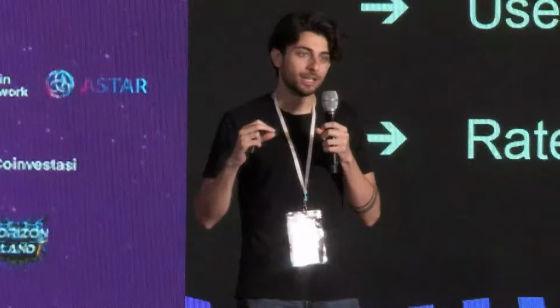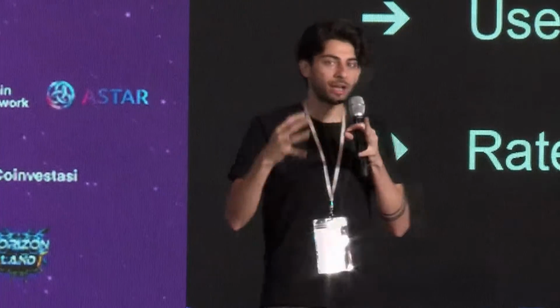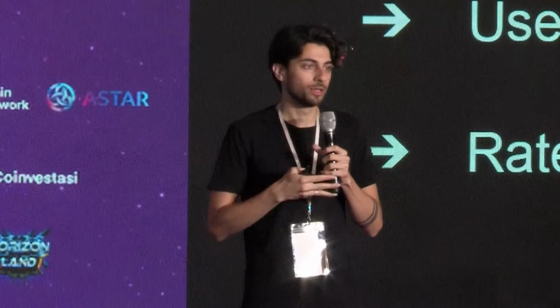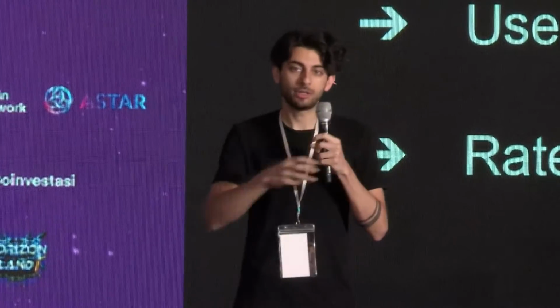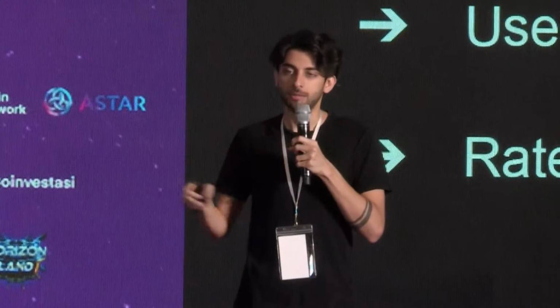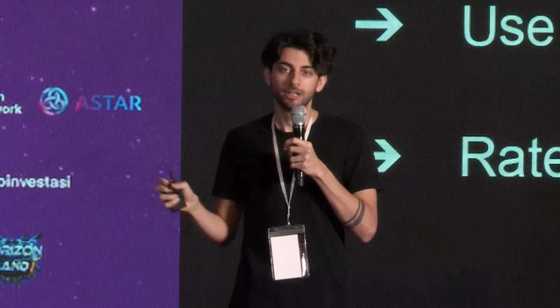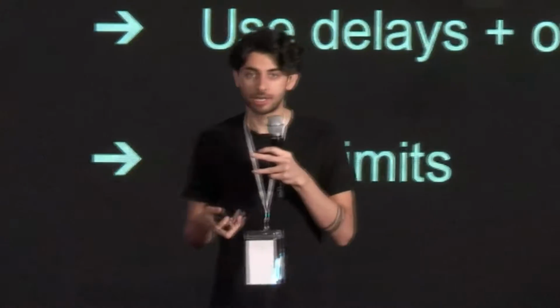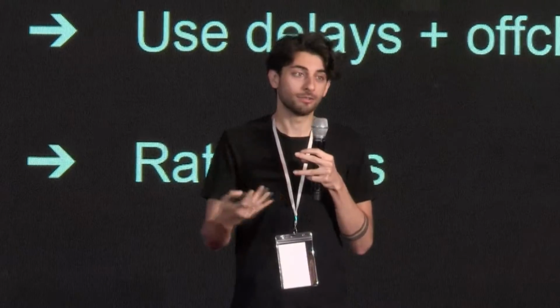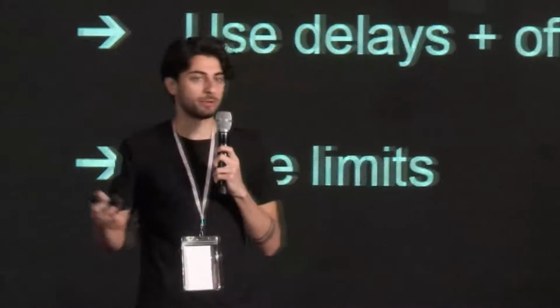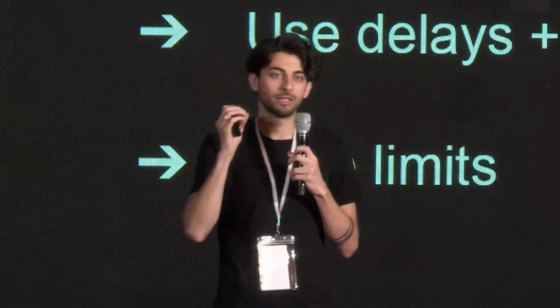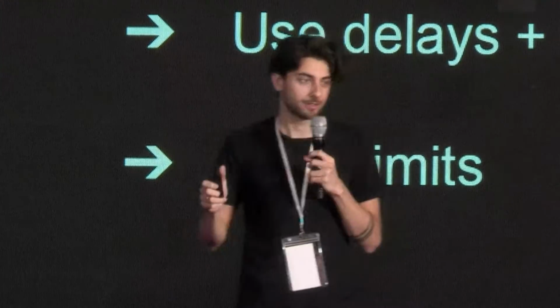So some of the things that we've been looking at are modularizing bridges. What that means is basically breaking out each of the different components of bridges in a way where you can separate out the risks of them independently. So for example, have transport, which is how do you get data from here to here, basically simple hashes, be separated from verification, which is how do you enforce the security of those hashes? How do you enforce the correctness of them? And have all of that be separated from liquidity. So how do you actually bring liquidity and value between chains?